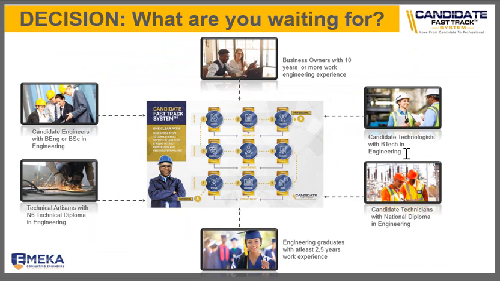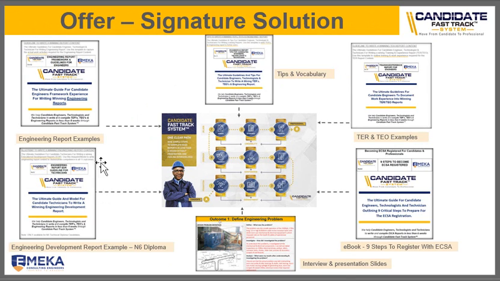Again, it's your decision. This is the system for all of these candidate engineers, technologists, technicians, business owners, graduates, and people with the N6 technical diploma. That is the program for you. Again, what you get on this system: the tips, examples of the TRTOs, the ebook, the slides, the engineering development report for those with N6, and the engineering report examples to show you how to register